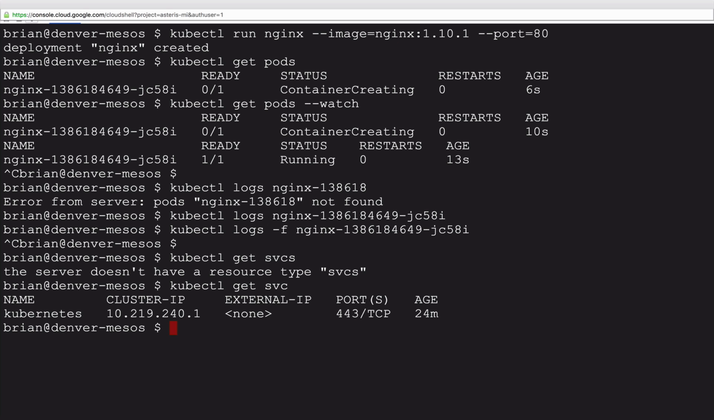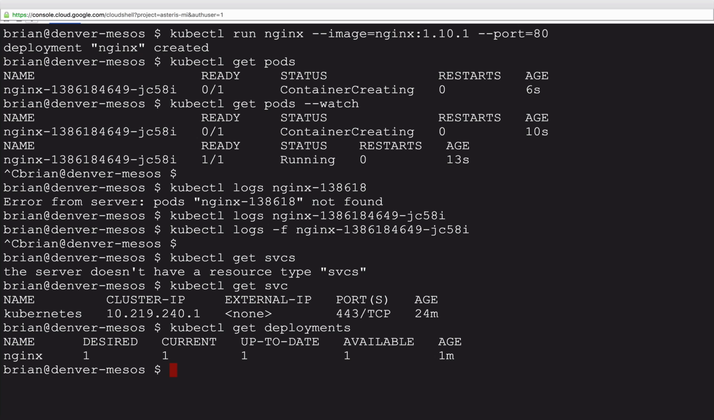Services and service, SVC, are synonyms here. So we're going to run kubectl expose deployment nginx, since it's a so-called deployment. Actually, let me show you that. Deployments. We have the scale and everything for this nginx deployment, which is quite nice. So we're going to expose it, right? So expose deployment nginx,